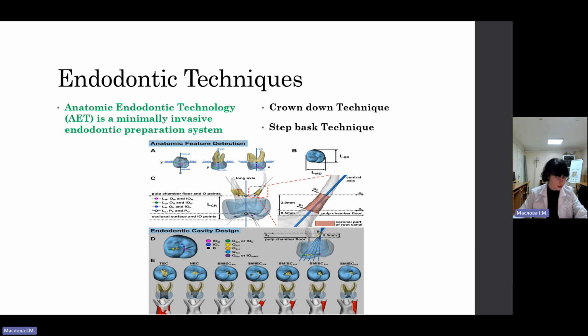diameter. The particular problem of taper lock occurs if within the crown-down sequence only the instrument size is varied while maintaining the same taper. For this reason, the taper should also be varied more often. The variable taper or ProTaper instruments help avoid this risk. The crown-down technique minimizes the coronal